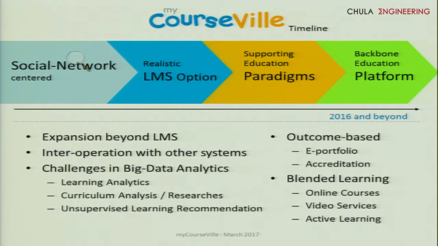I will briefly touch upon the fact that we can begin to benefit from big data analysis. And of course, with the pressure of accreditation, we are building an outcome-based system from learning materials, activities, and schedules inside the LMS.